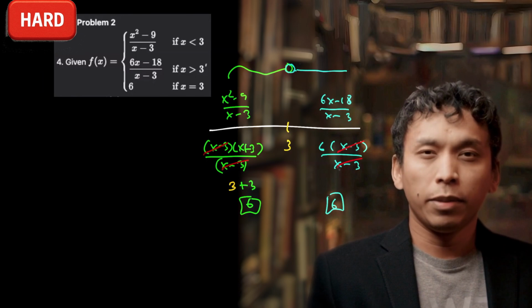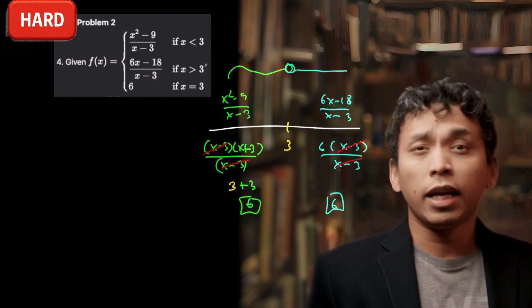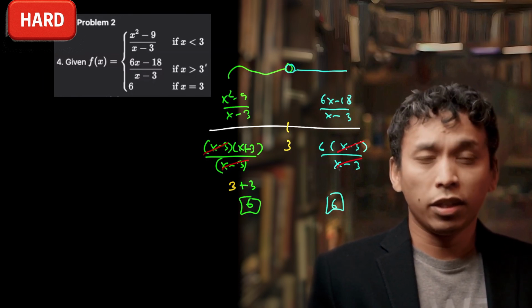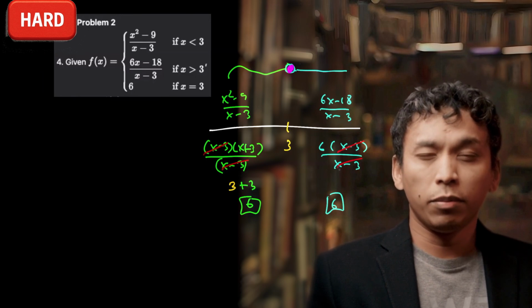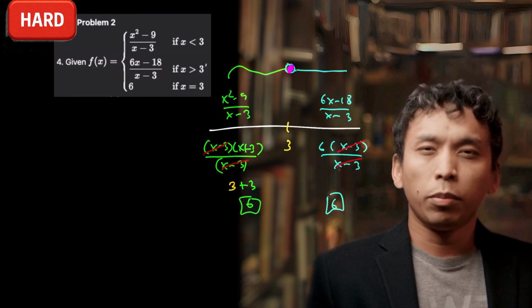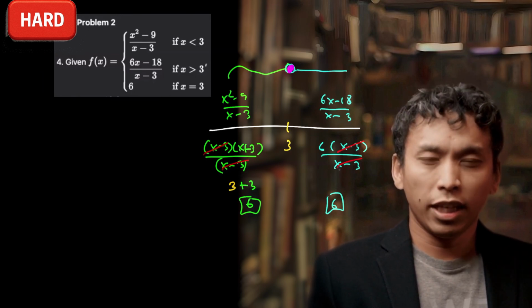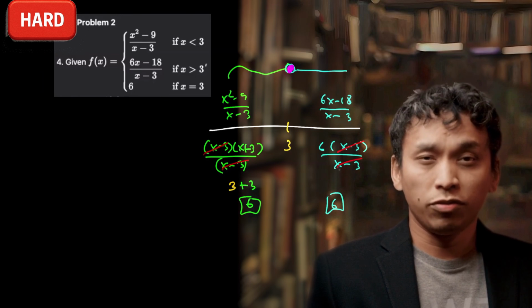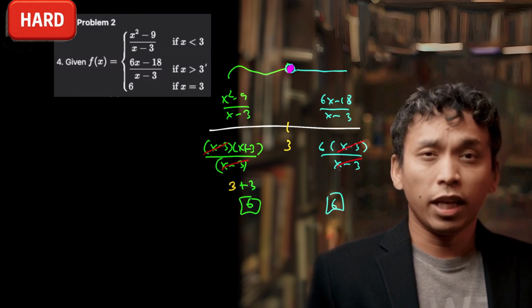And then the third piece, that's just saying that we have a dot at exactly 6 on the x value of 3. So we actually fill in those dots. But notice that the third function has no bearing on what the limit value is, because again, the limit only concerns about where the two functions are heading, if they're heading to the same value as they're approaching